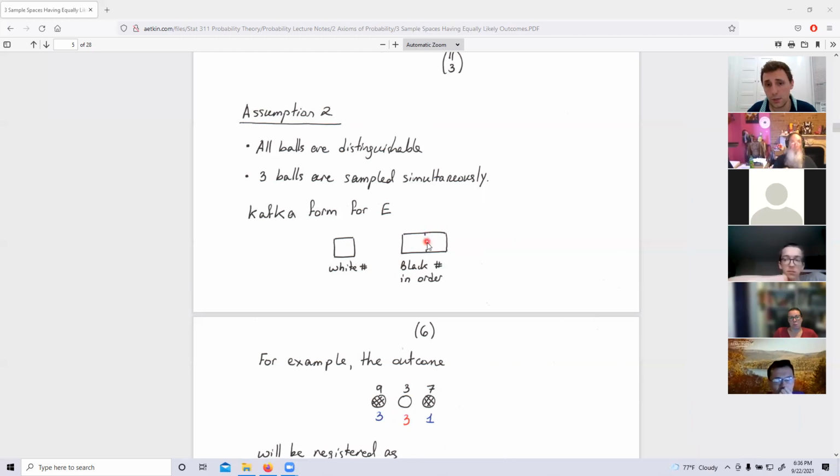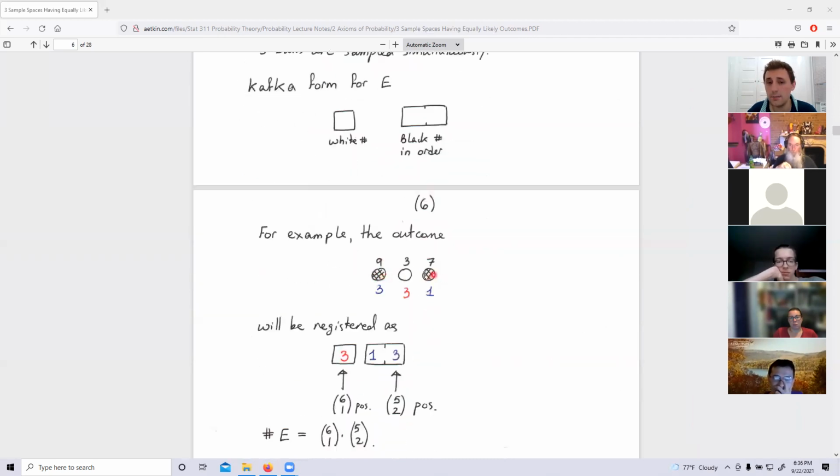Look at it. I have those. It's not even a full bar to indicate that here I have to put numbers in order, smallest then bigger number, right? So here I will say which white number did I pick, and which black numbers did they pick. So for instance, if I look at the same event, if this is the situation, I will put they are sampled simultaneously, right? So it's not notion that this was second. I will put that ball number 3, red 3, that's the white ball number, and blue 1, blue 3. I put them in order.